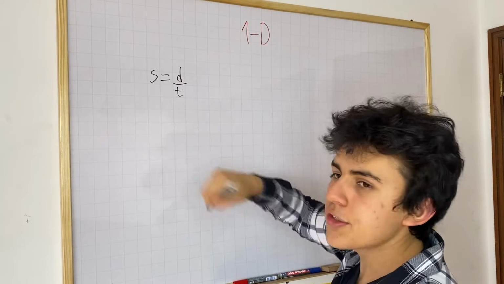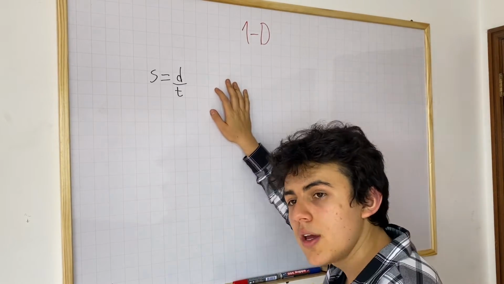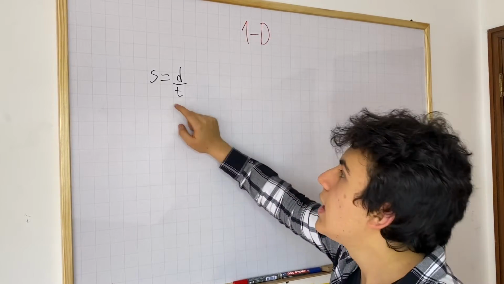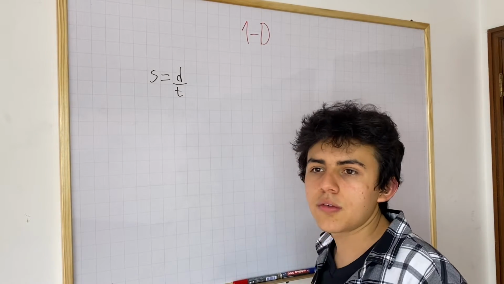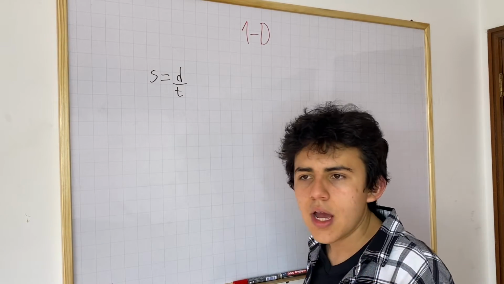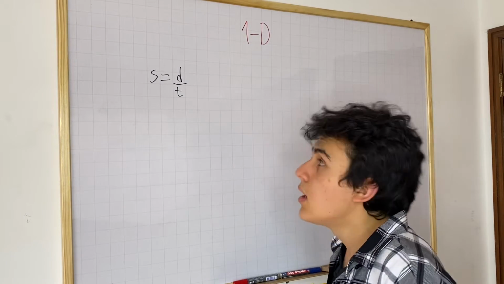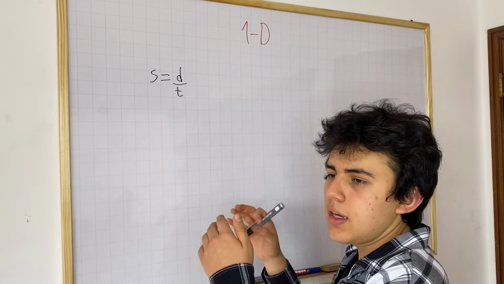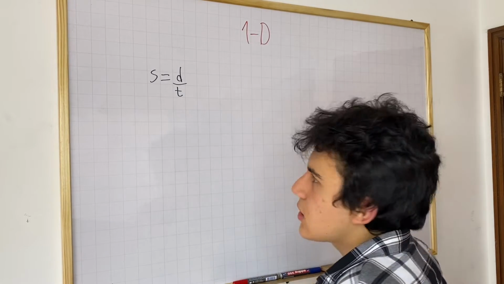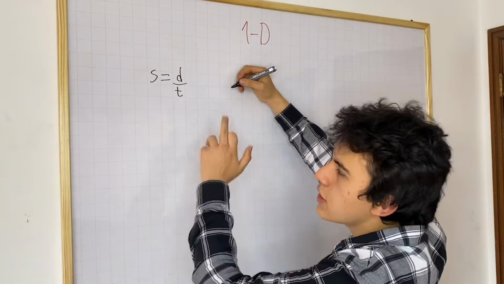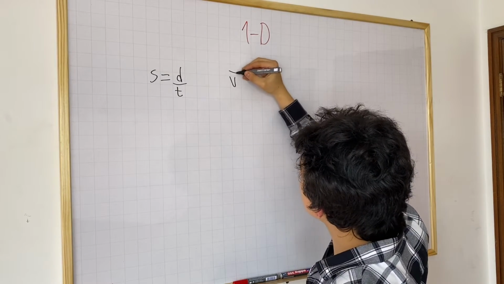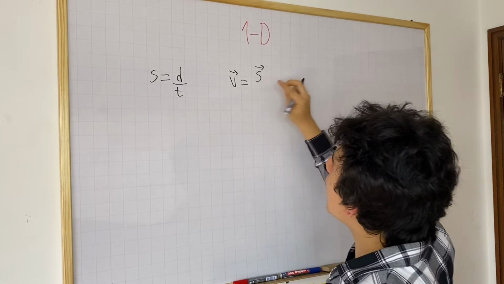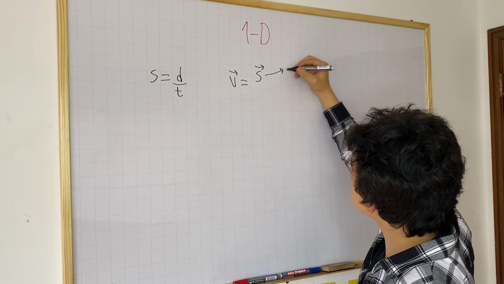Now this equation is different from another equation that is a bit more accurate. This equation is dealing with scalars. Speed is a scalar because you're only describing numerically with just one number how much you're moving in a time. And distance is also a scalar, which is just a number to describe the space between two locations or objects. This equation is not the same as saying velocity, as a vector, is equal to s, a vector. Now s in this case is displacement,